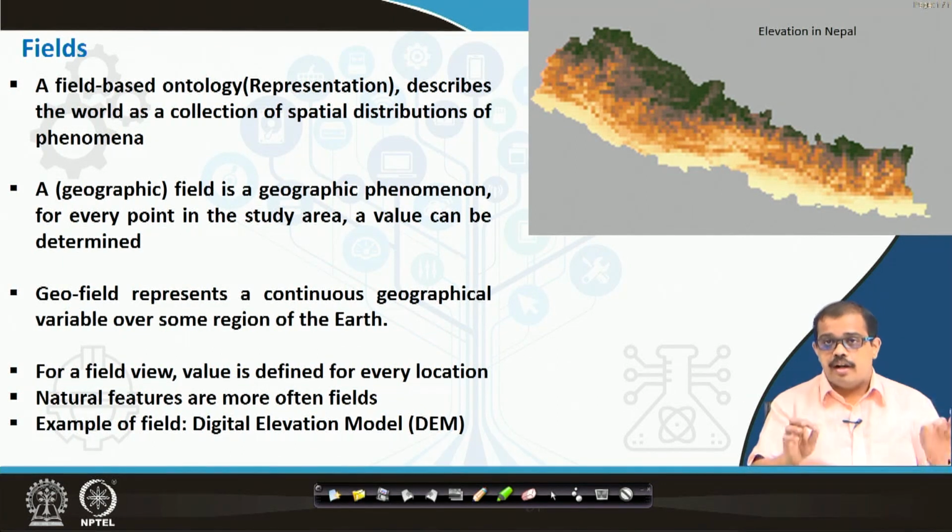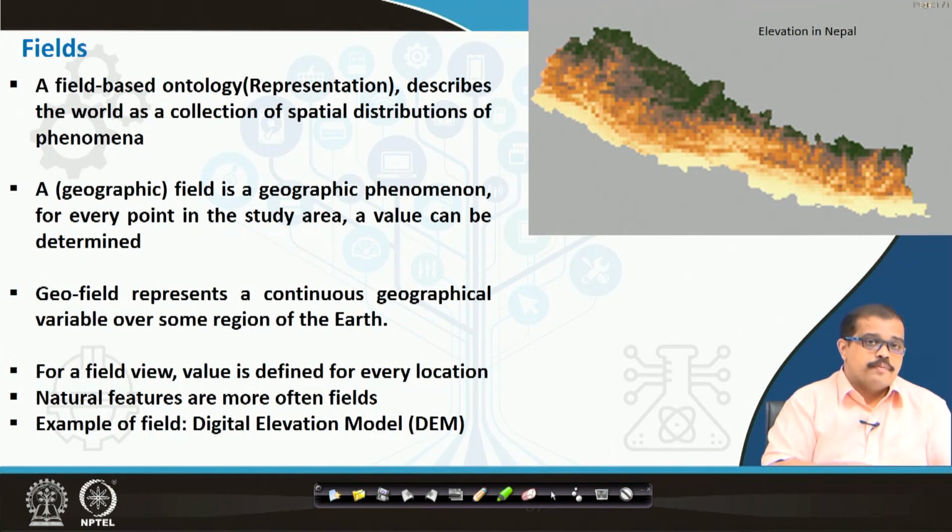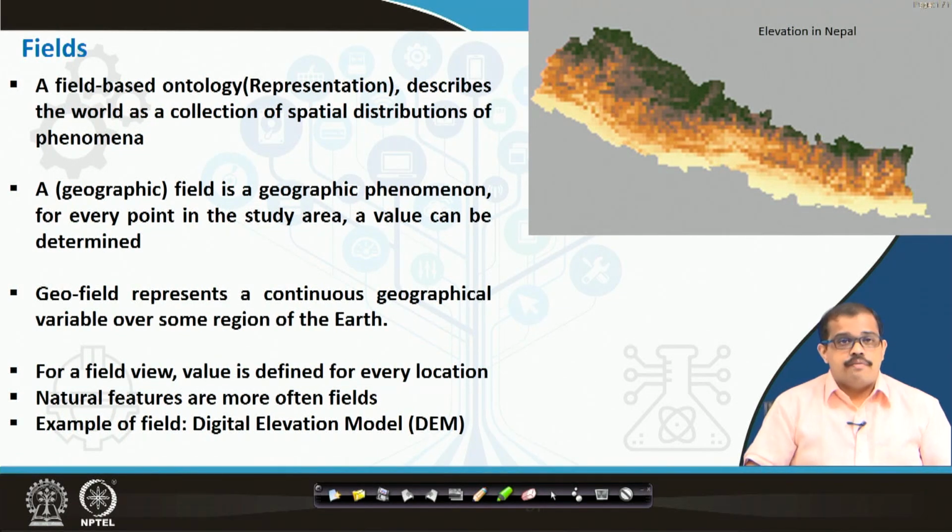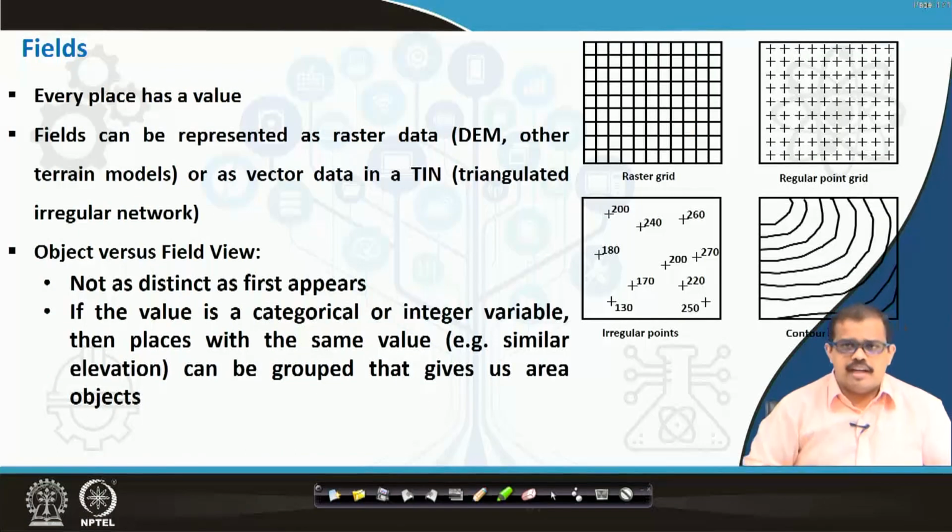It can tell you where you are exactly, but it will also tell you what you are, what the value is, what this region is that depends on it. All these values are given as a field in continuous data. When you look at a field view, a value is defined for every location. Natural features are more often represented as fields. A very good example is what I have represented here, a digital elevation model, which is representative of a field, or your entire land use data can be